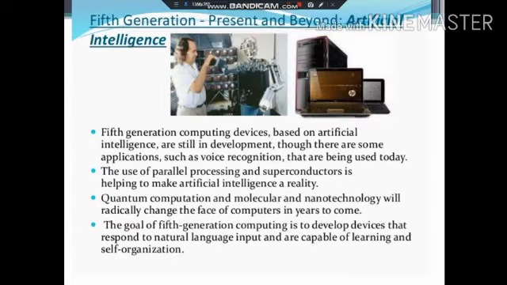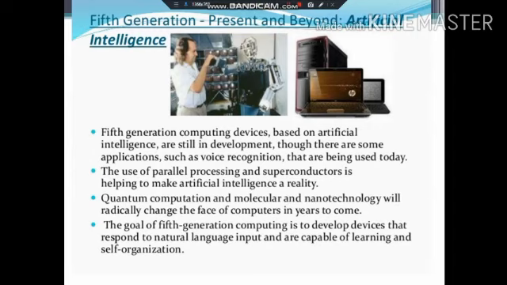Moving on to 5th generation. For the 5th generation, there is no clear timeline. Research and development is taking place, and the time period present and beyond is considered as the age of artificial intelligence. The keyword here is artificial intelligence, meaning machines which have intelligence of their own. They can mimic the thinking of a human being. They can make the difference between right and wrong. To define artificial intelligence, it is the branch of computer science that deals with making computers think and take decisions like human beings.